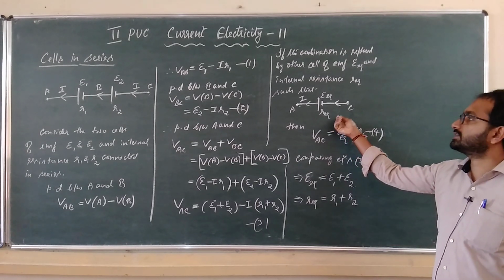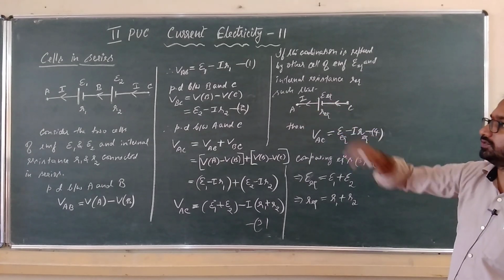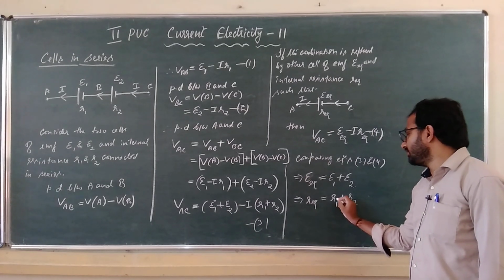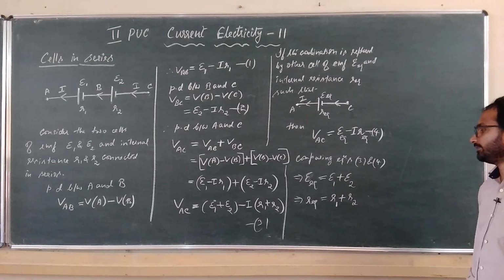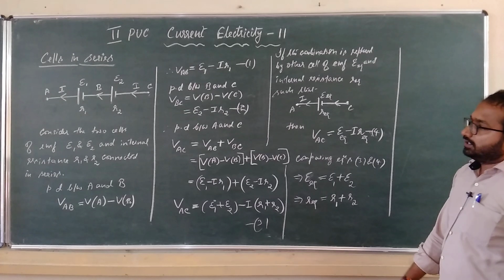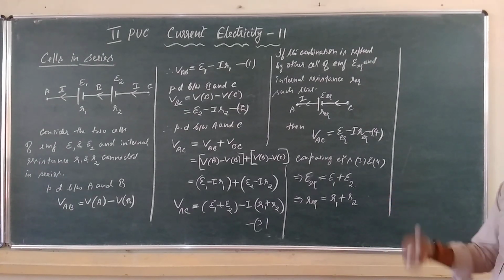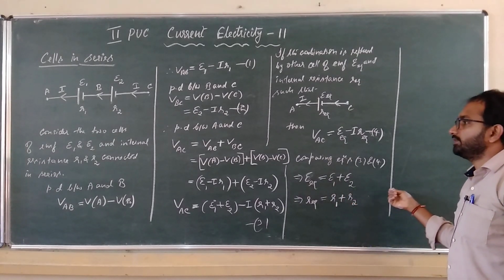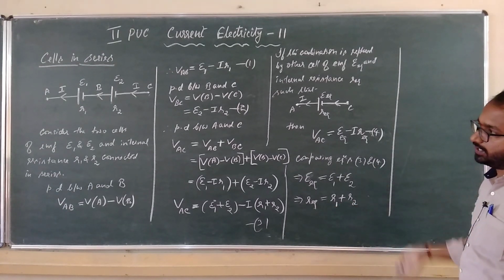What about the internal resistance of this equivalent cell, which is used to replace that combination across those 2 points A and C? That should be equal to the sum of the internal resistances of the individual cells, R1 plus R2. Okay, right. So if there are n number of cells connected across A and C, then E equivalent should be equal to E1 plus E2 plus up to En, and R equivalent is equal to R1 plus R2 plus up to Rn.